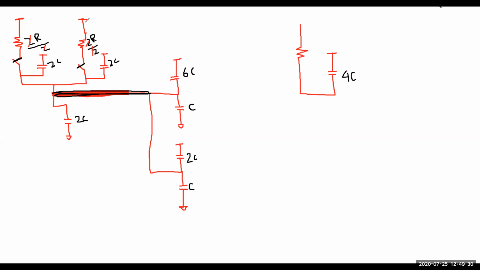Now this resistor and this resistor, they are parallel. Why? Because one point is VDD and the other point is connected. So can I call it R parallel R? Since both of them are the same, they become R by 2, right? Yes. So now the next one. Here you have 2C.